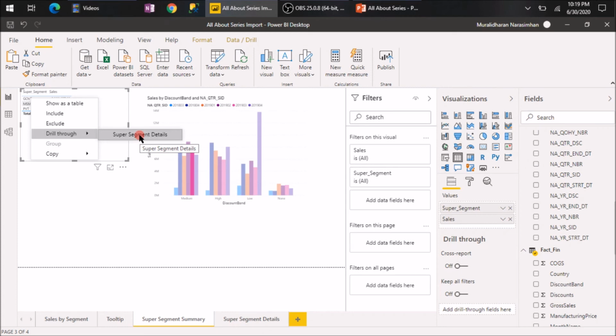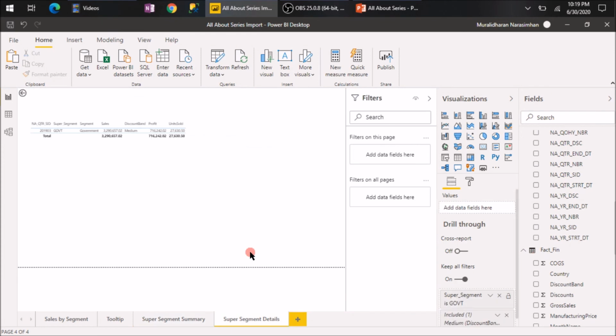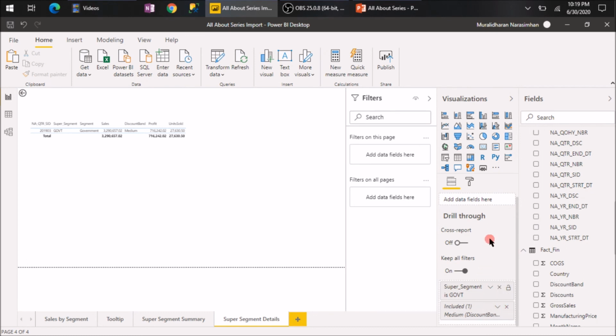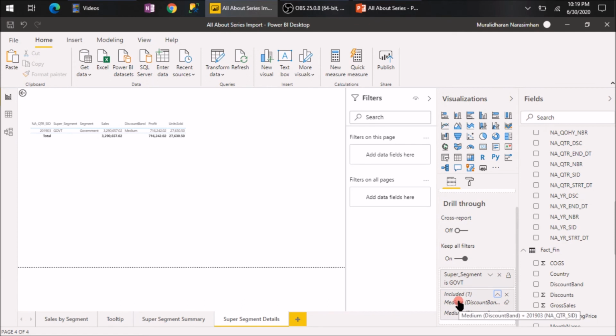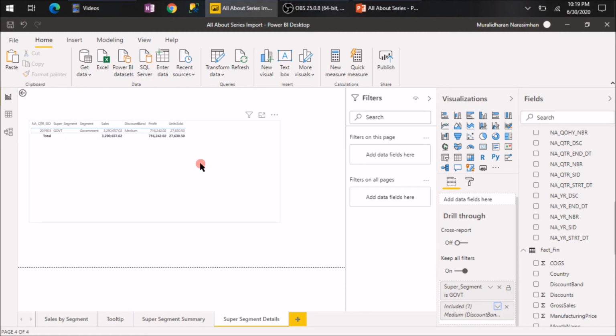So once I click here, you see we got government and we got the discount band medium and quarter 2019-03. So you can also see the filters here. If I expand here, it says medium discount band and 2019-03 is the quarter. So this is how you do the cross filtering with